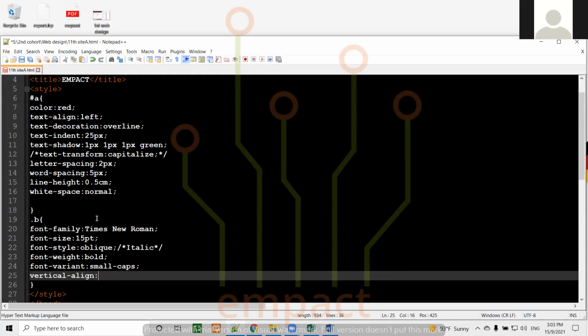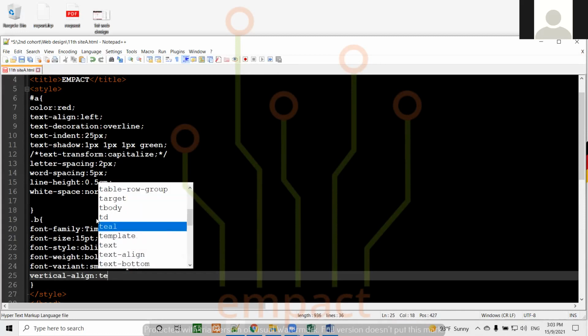For the vertical align, we have a few things that we can use with it, which are text top, text bottom, baseline, or basic line. These are the things that we can use. So for the first one, which is text bottom,